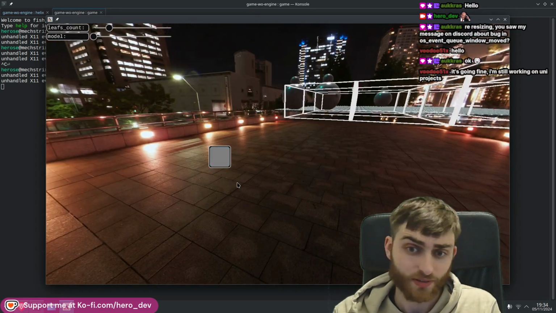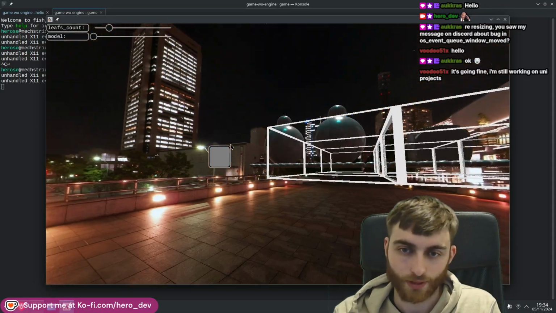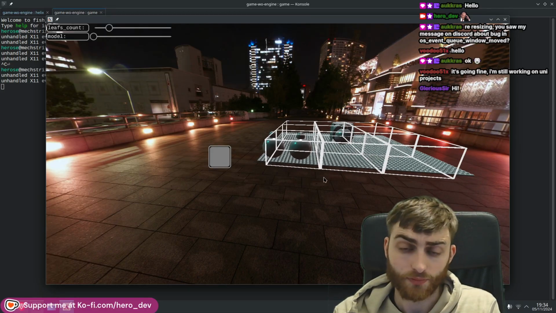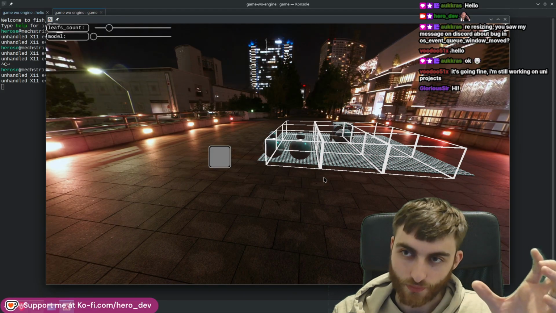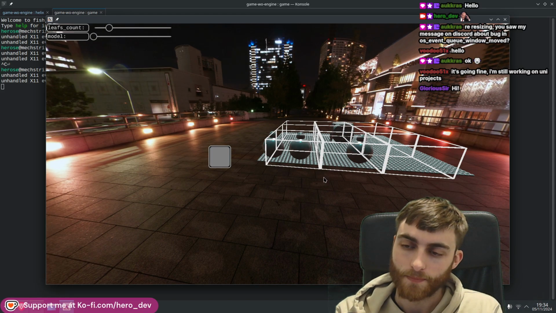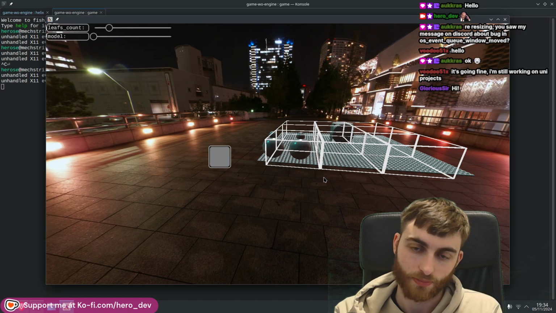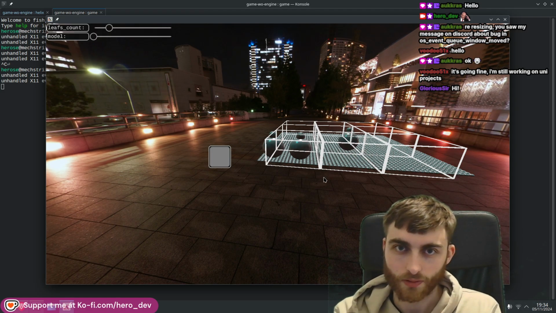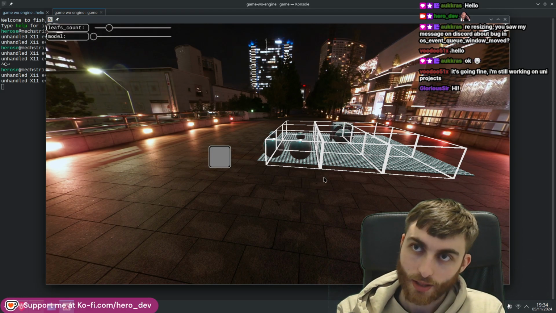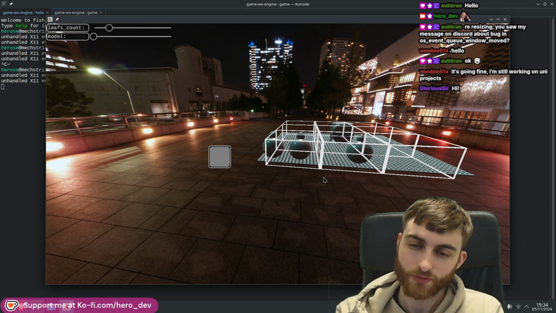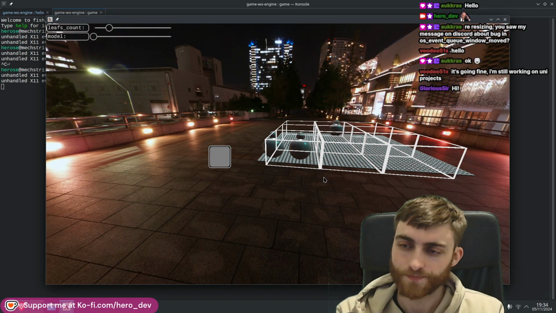So yeah, the screen resizing is going to basically be vital for doing an editor, right? We want screen resizing, so we need texture resizing. So currently we create different render targets at the hard-coded size of the window, and we do that when we start up the game. What we need to be able to do is do it whilst the game is running. So you might be thinking, well, all you need to do is allocate a new one, then use that, right? But there's also other ways of doing it, and there's a whole sort of system